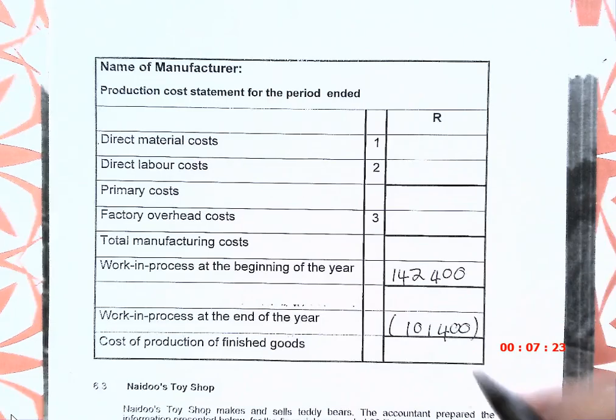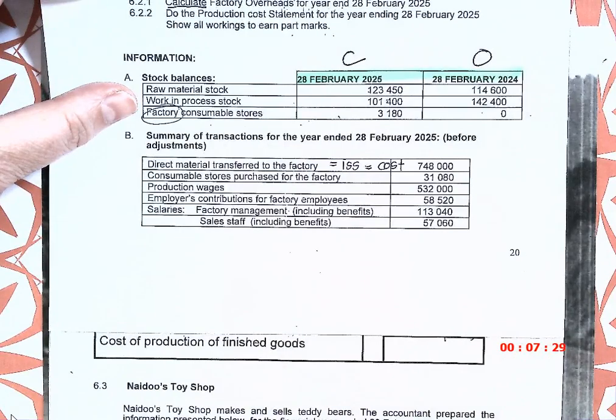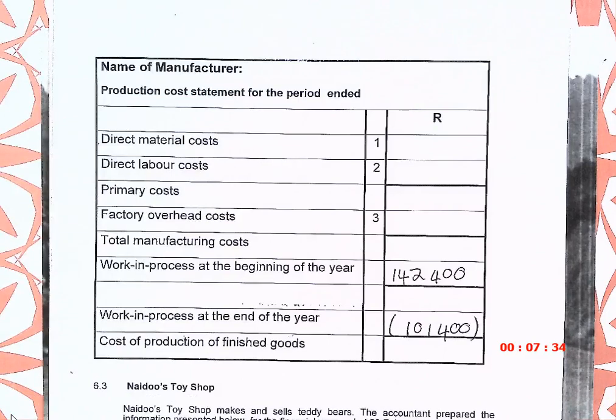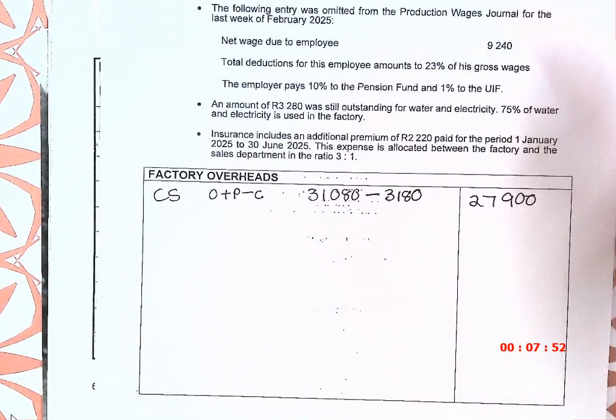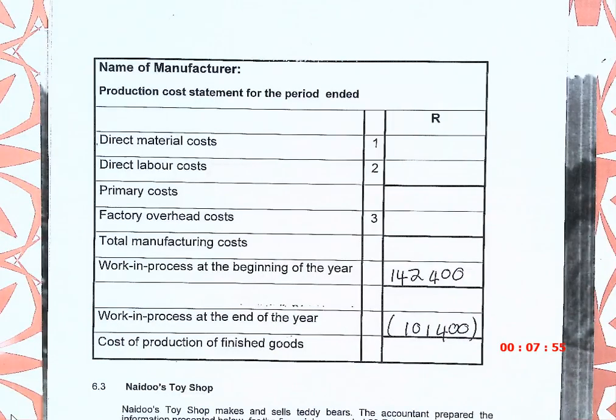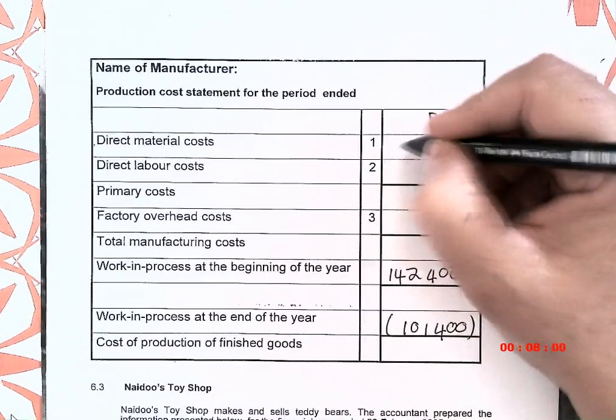So what is another word they could use instead of direct material? Raw material. Ne? Don't forget that. The same with what is another name for indirect material? Raw material is direct. Indirect material, the other name is? We just did it in factory overheads. Consumable stores. Okay. So, yes? No. Let's go on with life. So this is 748.